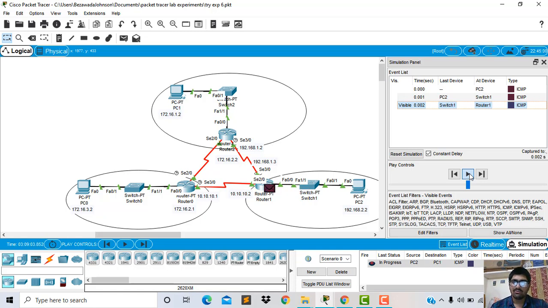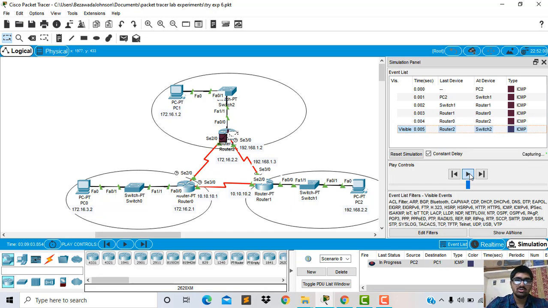Now here, from accessing the information from PC2 to PC1, there are two paths to access the information. It can go from router 1 to router 2 and router 2 to PC1, but it is taking the path as router 1 to router 0 to router 2 and PC1.